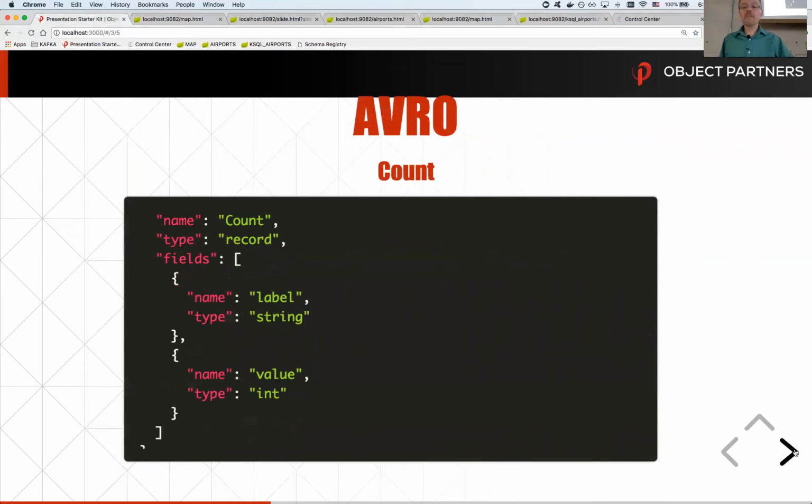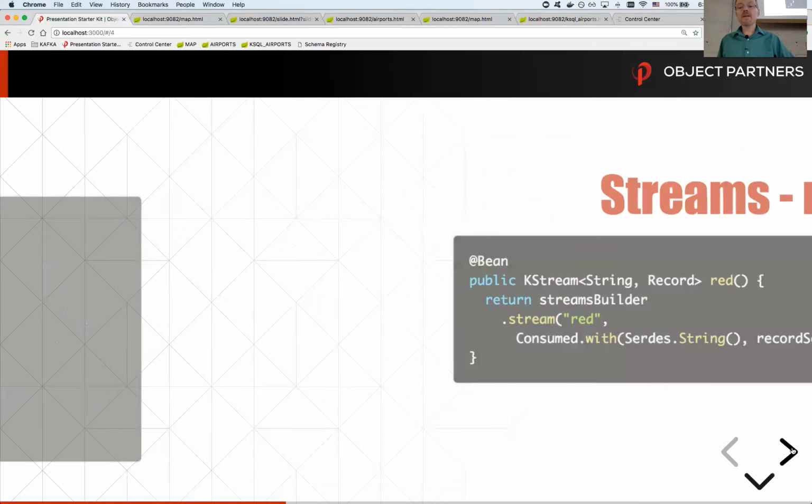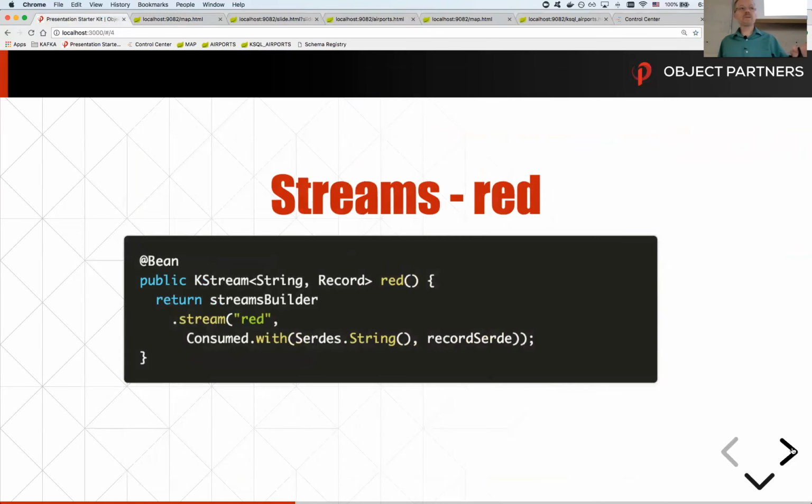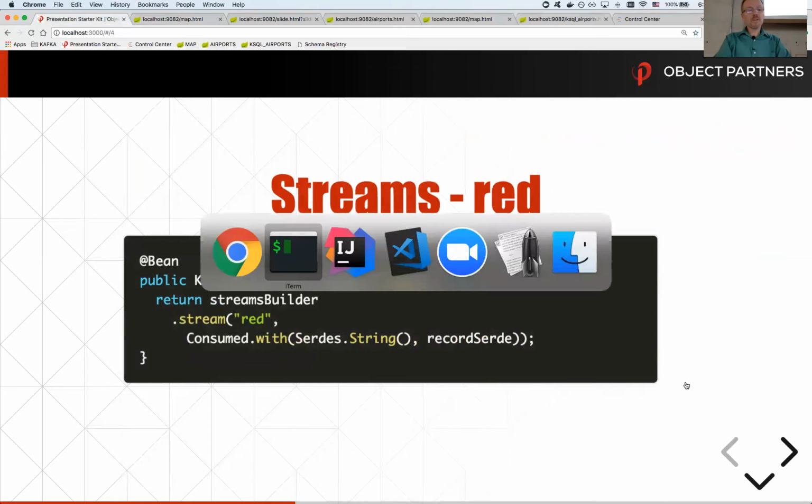I could have done it in JSON. I would strongly recommend, if you're exploring Kafka and Streams, to leverage and use Avro. If you want to know why, again, I'll save those for questions at the end, or anytime you want to contact me. So the Streams app is pretty straightforward for the airport count. I first need to read in from my topic and consume that into a stream through the standard Kafka Streams API.